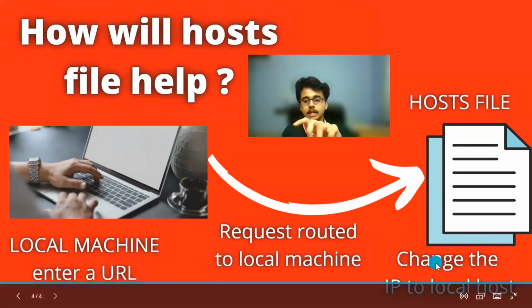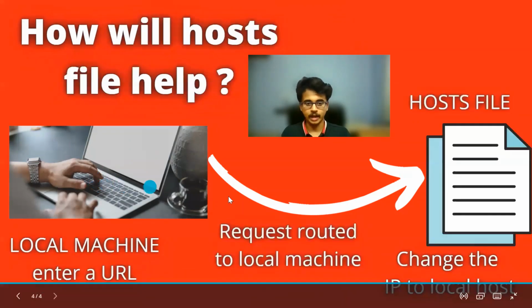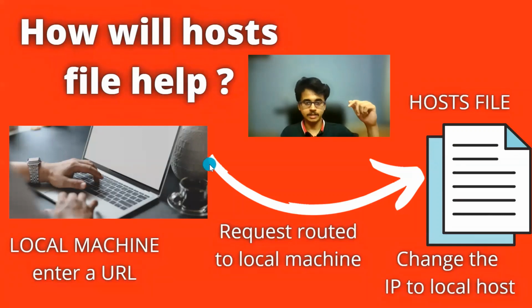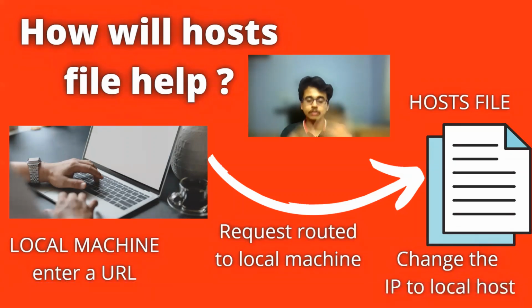So what we'll do is map a domain, for example facebook.com, to our own IP address, that is the local machine IP address. So when you enter the URL, the request won't even go to the server. It will check the host file only and get the IP address. And what is the IP address? Your own machine, localhost. So the server won't respond, Facebook won't load, and you have already blocked it.